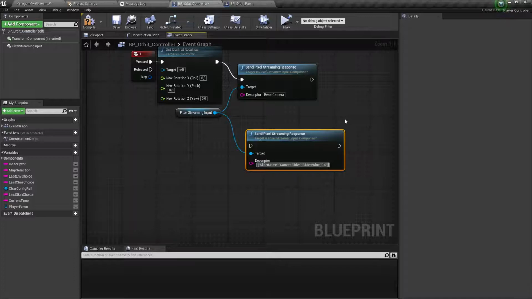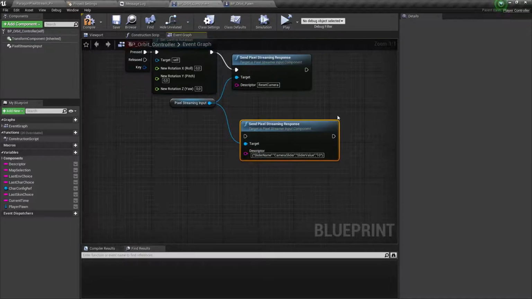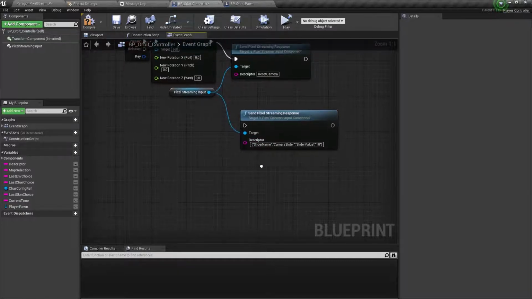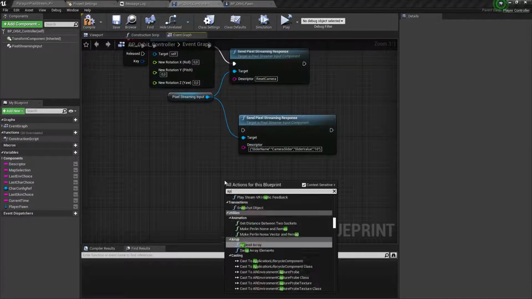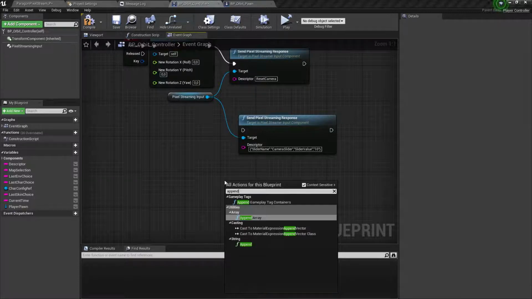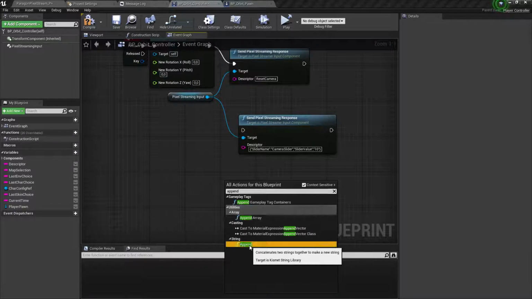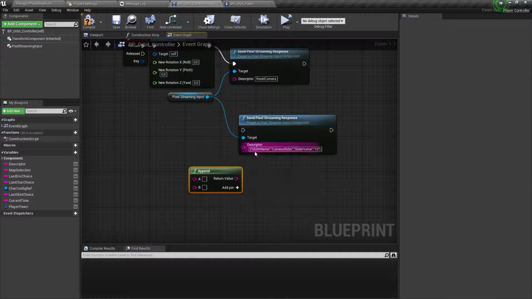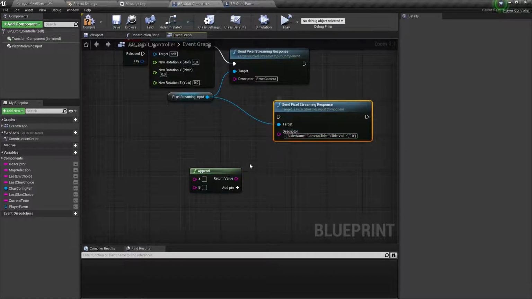So what we can see here is it's hard to change this value in runtime because this is just a string value here. So what I tend to do is just use an append node for a string, so it's easier to split these up.